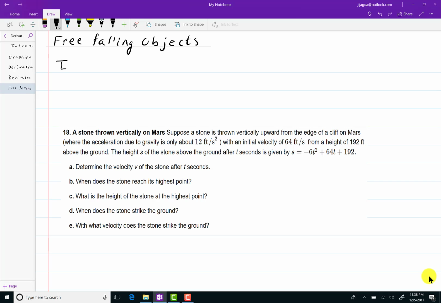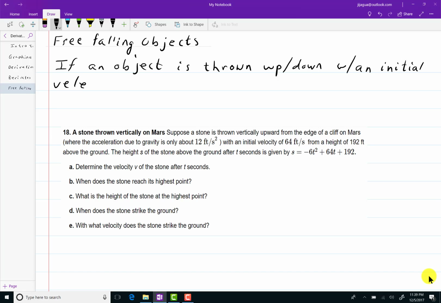If an object is thrown upward, well, I'll just say thrown up / downward with an initial velocity of v sub 0. So if an object is thrown up / down with an initial velocity of v sub 0 at a height